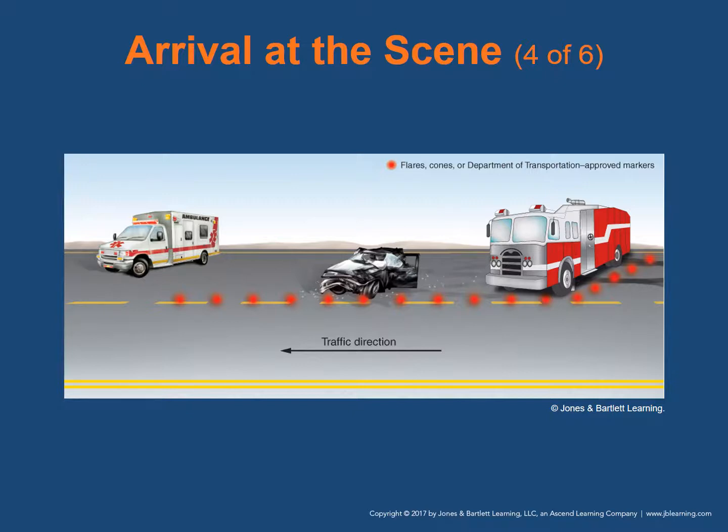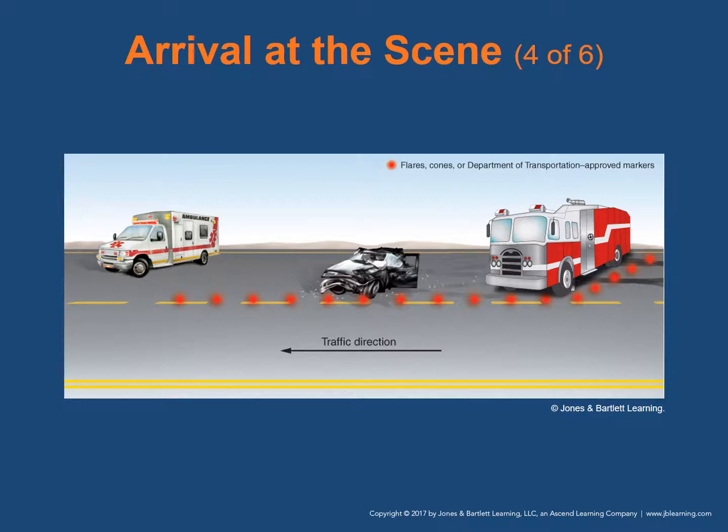So it's beneficial to have that fire engine that's staged there 100 feet before the crash site as sort of protection if any cars aren't paying attention, or they are going too fast and they swerve into where the crash site would be, where the providers would be, then we